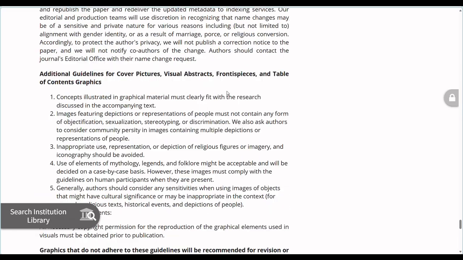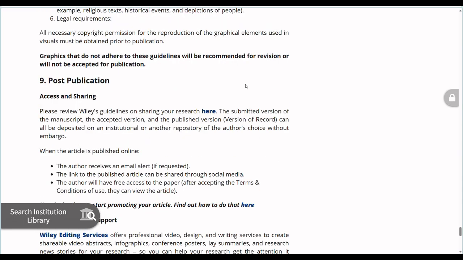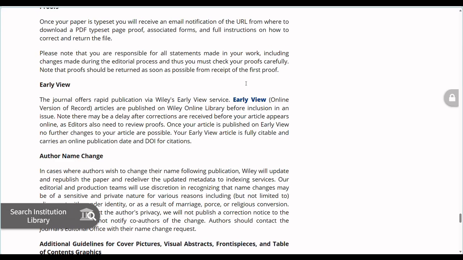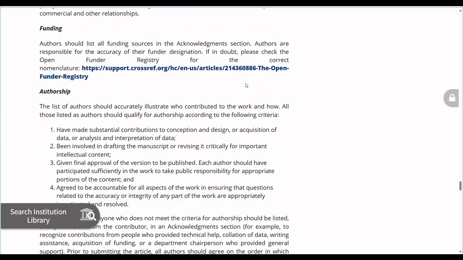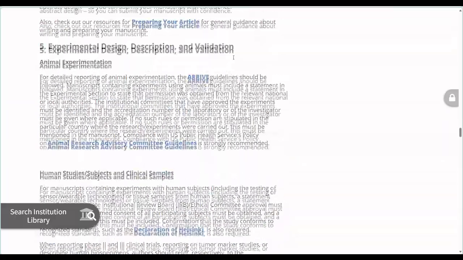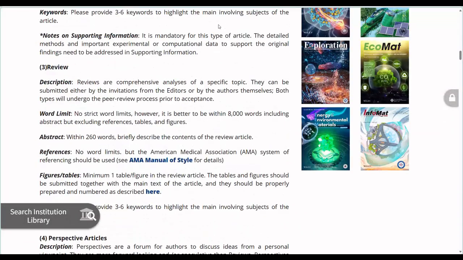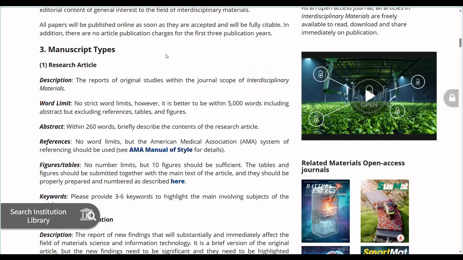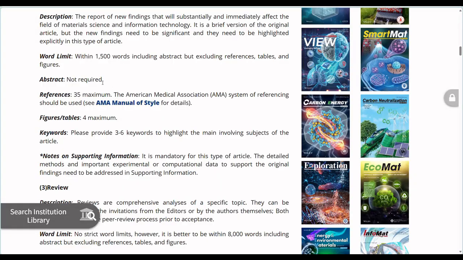What they did is to state their expectations as to how certain parts should be, so let's just start from the beginning. They talk about manuscript type, then the abstract, not required.